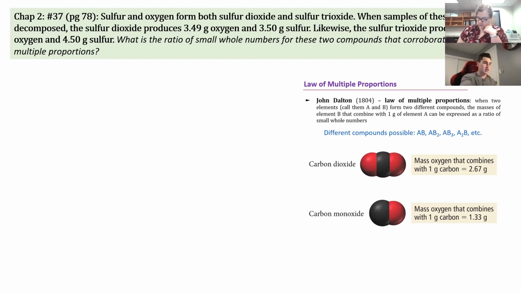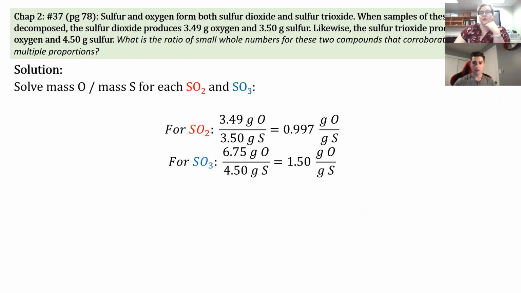So for 6.75 grams and 4.50 grams of sulfur, I got 1.5 grams. And then I got 0.99 for the other one. Let me just double check that number. Round, so would it just be one gram? So it's 0.997. It's about 1, but because we have those 3 sig figs, we can take it to that